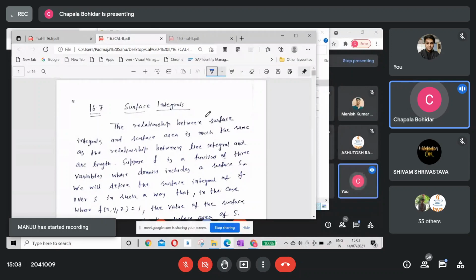Section 16.7 is the surface integral. It is the relationship between the surface integral and the surface area, much the same as the relationship between the line integral and the arc length. Suppose f is a function of three variables whose domain includes a surface S. We will define the surface integral of f over S in such a way that